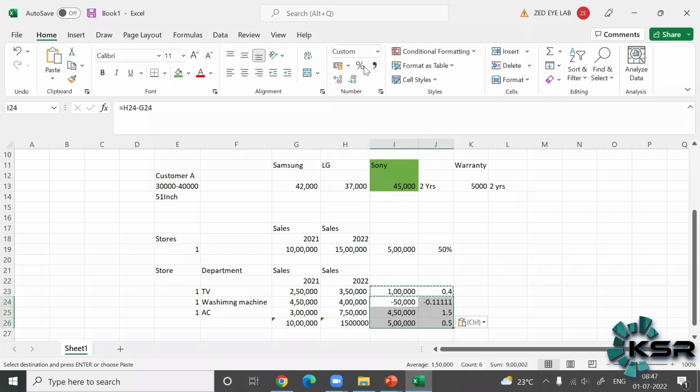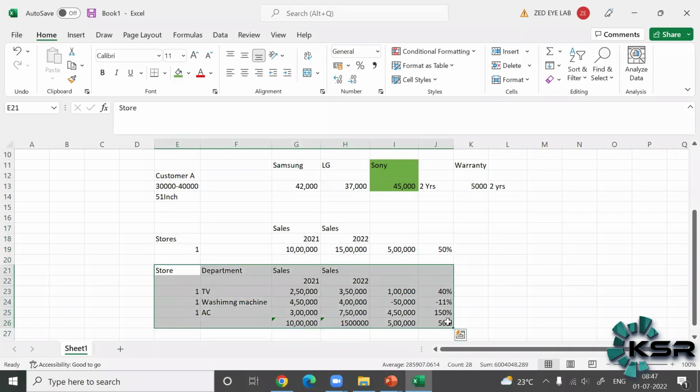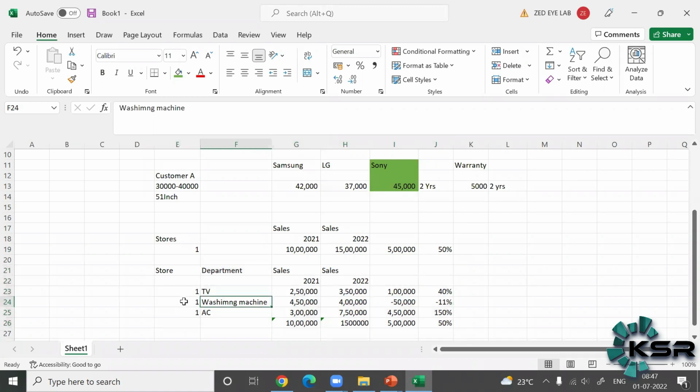So what is the insight, guys? The mantra or the tip here: don't only look at the overall number, also look at the numbers at the department level, if that is possible in your store. So you will always give better insights. If I'm in your shoes, I'll say, hey sir, we have grown this year by 50%, but there is an opportunity to grow in washing machine, because even though we had a healthy growth this year, we did not do well